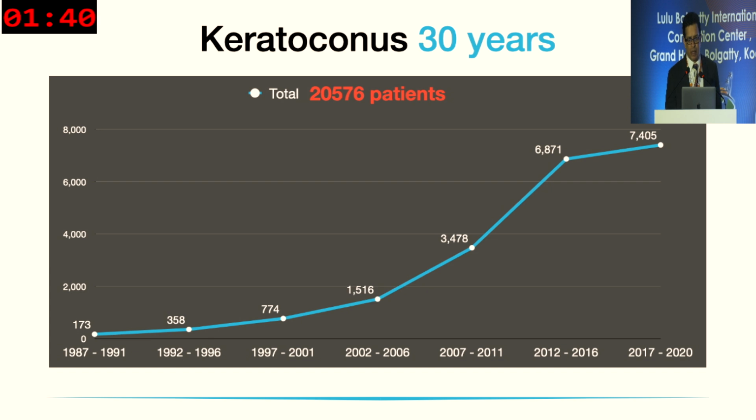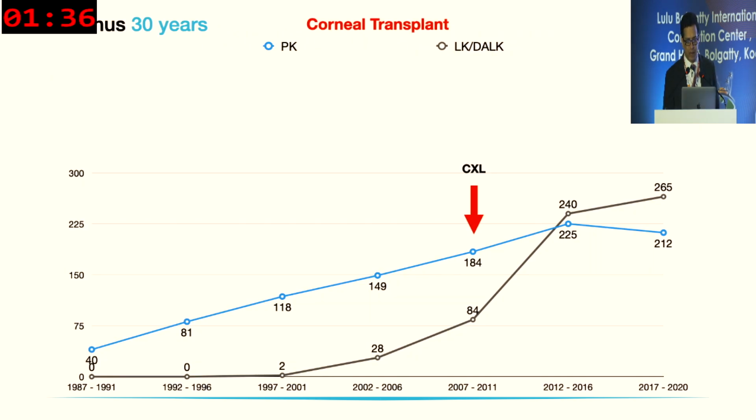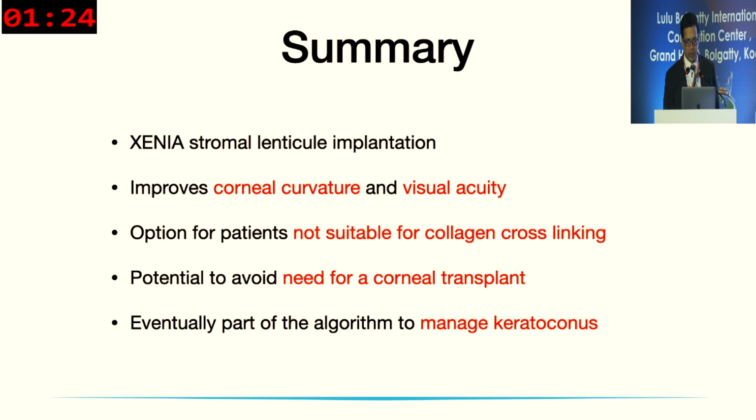And with the increased number of keratoconus patients that we're continuing to see, we also are seeing that with the advent of cross-linking, there is a reduction in the number of transplants that we're doing. And hopefully, with procedures like these that can be done in a simple way with just about a 15-minute topical anesthesia procedure, we hope that this is something that can prevent the need for corneal transplants in several of these